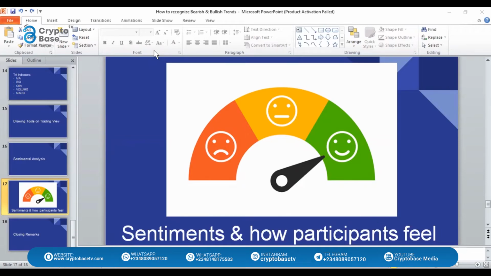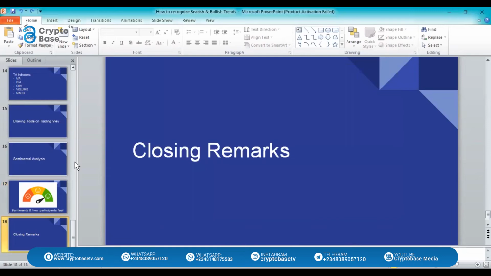Sometimes sentiment itself breaks market structure. It's very funny, honestly, because we are supposed to be in a bullish market and everywhere is still bullish, people are happy. They continue going up till it reaches a peak point, a euphoric point, and then we start going down again. So, guys, that is it about market sentiment, and how to use it to support a bullish trend. The essence of this session is to help you recognize a bullish and bearish trend just before they happen. And I hope that we've done justice to that.